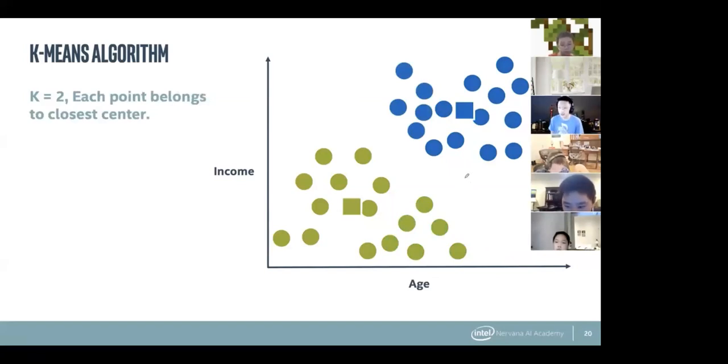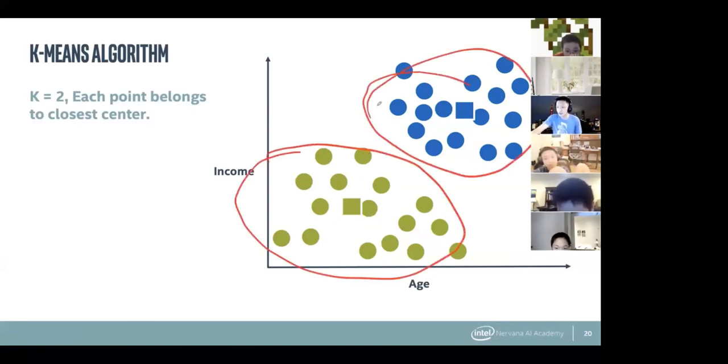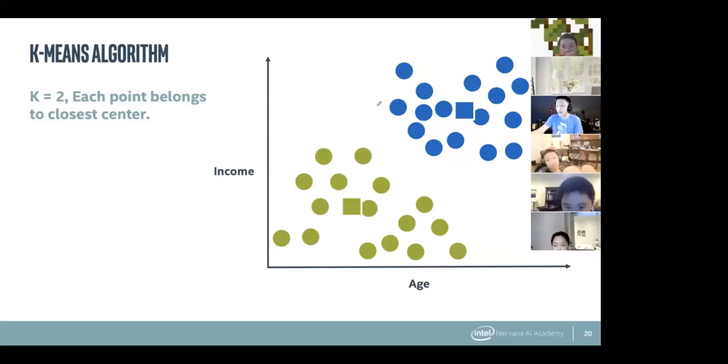Now, I won't exactly explain what an optimal clustering is, but you can think of it as there are many ways to quantify an optimal clustering. I believe that one of them is to minimize the distance from this average to all the different points. And once you've converged on an optimum, then you will just stay there. So in this case, the algorithm has found this solution where you have this cluster here and this cluster here. If you ask me, this seems like a pretty reasonable clustering. So I would say that the algorithm succeeded. And so, yeah, this is k-means. You define how many clusters you want, and then the algorithm will find you that many clusters in the data.